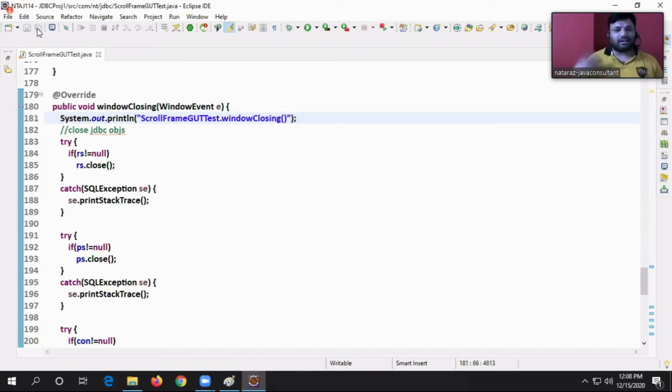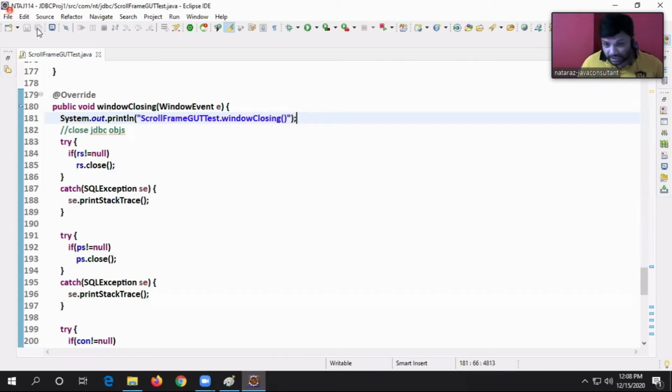Okay. Sir, you made class as window listener, you have implemented event handling method. Okay, event will be raised? No. I should tell to window, frame window, please use current class as window listener. To whom I should tell? Earlier I said to button, button use current class as action listener, right? But right now to whom I should tell?